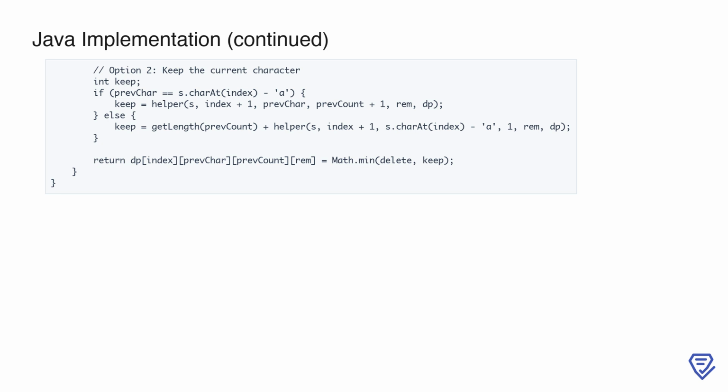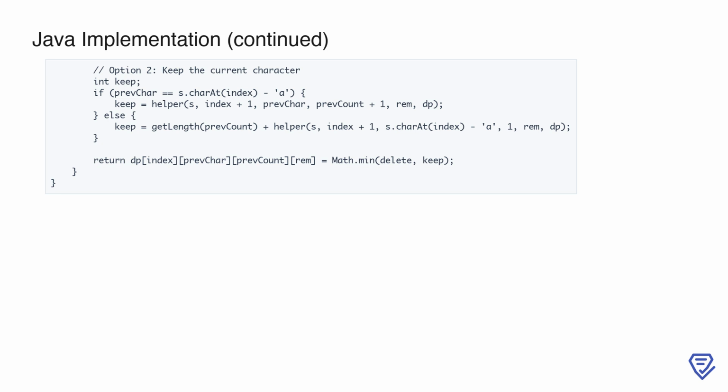If the current character matches the previous one, its count simply increments, and we proceed to the next index. Otherwise, we calculate the length contribution of the previous segment using getLength and treat the current character as the start of a new segment with a count of 1. The result of the helper method is then stored in the dp array as the minimum of the two options, deleting or keeping the character. This ensures that we are always working towards the optimal solution while avoiding redundant calculations through memoization. By combining these recursive choices and utilizing dynamic programming, the algorithm efficiently explores all possible ways to compress the string